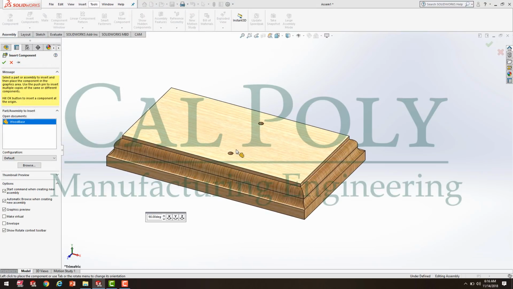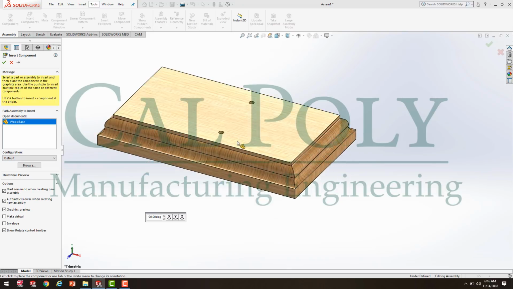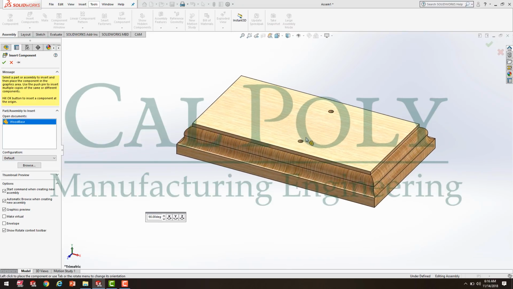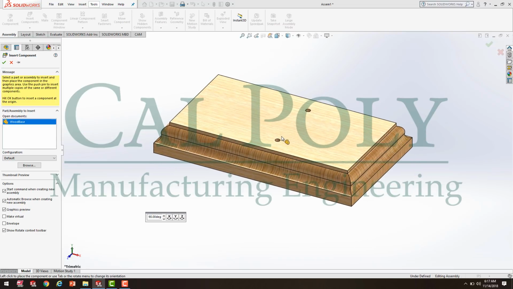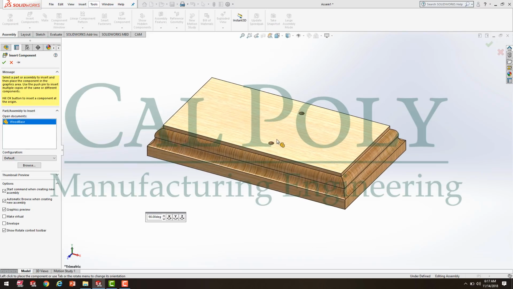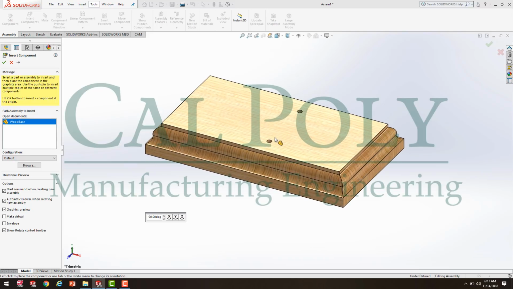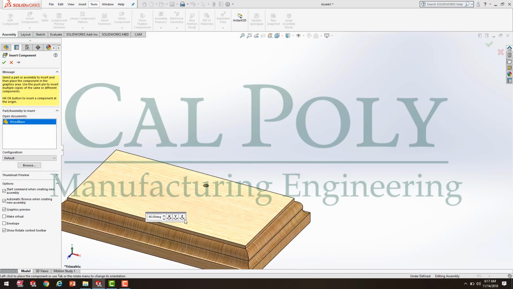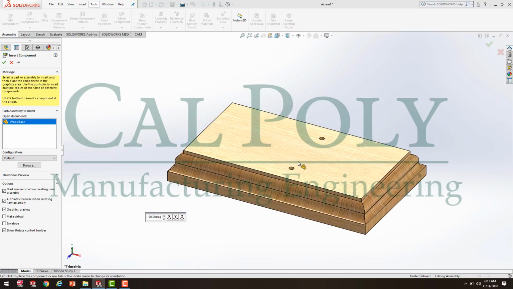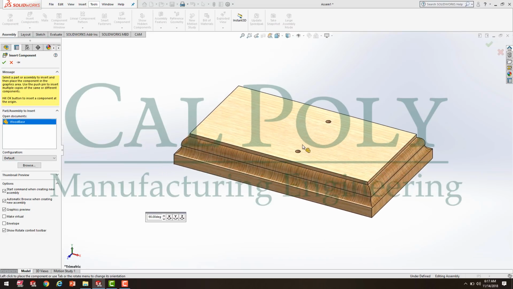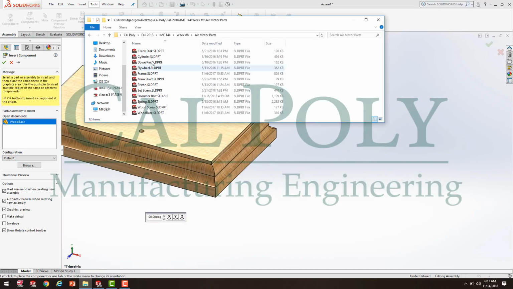And we're also going to orient the base properly. So looking at this, when we place the first part in the assembly environment, it becomes fixed. We can also float it and move it around, but it's easier just to go ahead and orient it right now using the X, Y, and Z rotate buttons here. So looking at the part, or that base, and looking at the isometric view, if I go back to the drawing packet, what we're trying to create here,